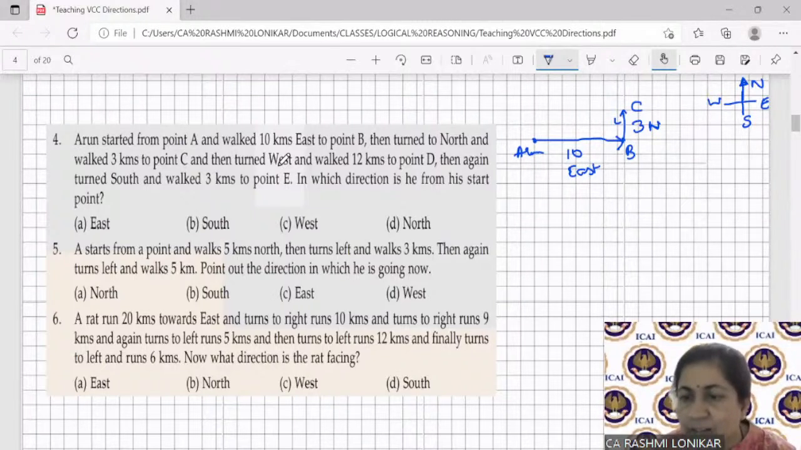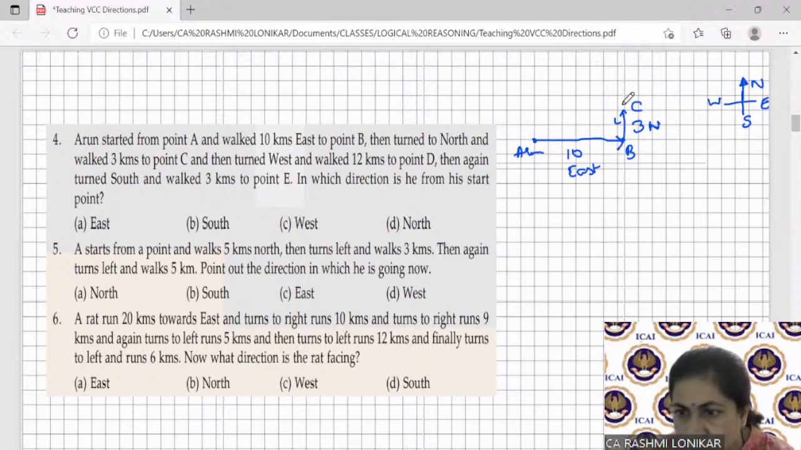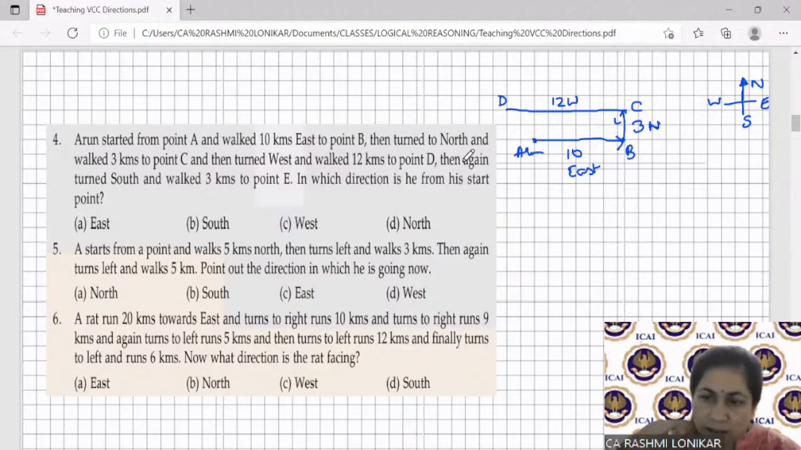and then turns west. So where will be the west? West will be on the left hand side. So he moves left and turns west and walks 12 kilometers to the point D. Okay, so this is 10 kilometers. He is moving more from there. Okay, so 12 kilometers to the west to the point D, and then again turns